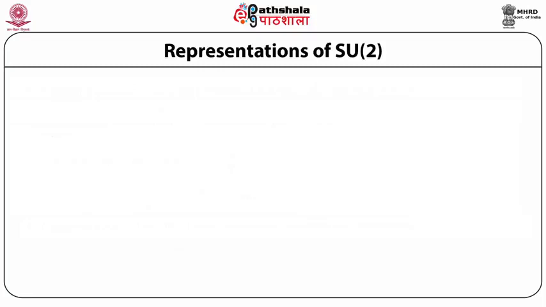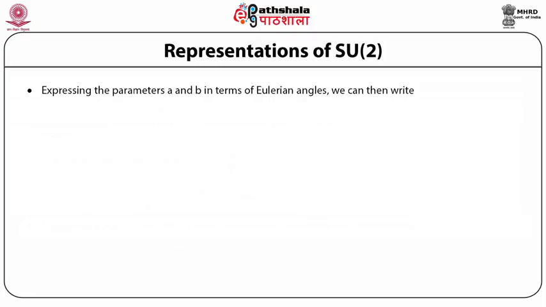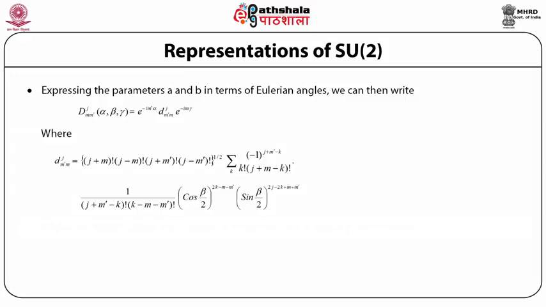Having obtained a representation djmm prime in terms of the parameters a and b, we can express a and b in terms of the Eulerian angles, which is what is usually done. In the literature, the transformation matrix djmm prime is a function of 3 parameters, the Eulerian angles alpha, beta, gamma, as e to the power minus i m prime alpha, small d j m prime m, multiplied by e to the power minus i m gamma, where the small d j m prime m is given by the square root of